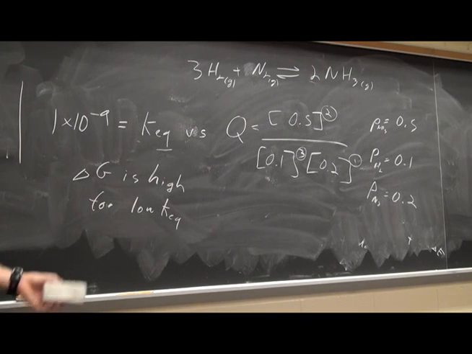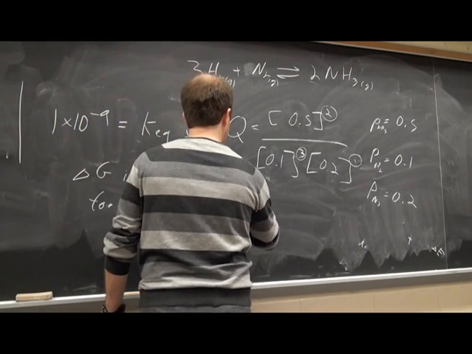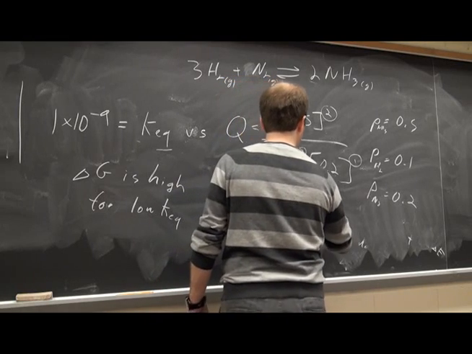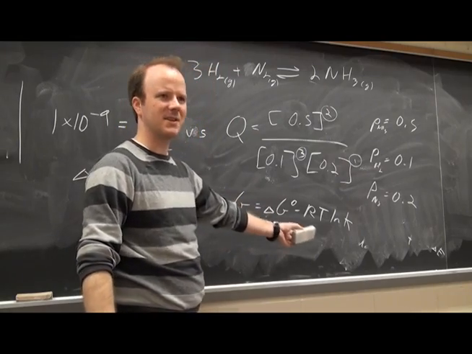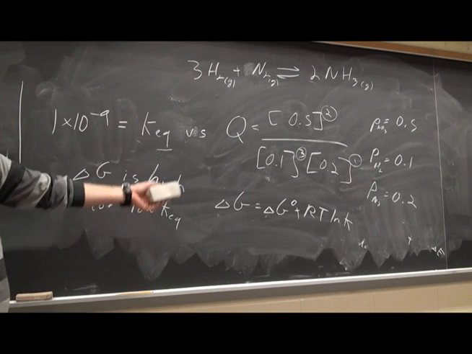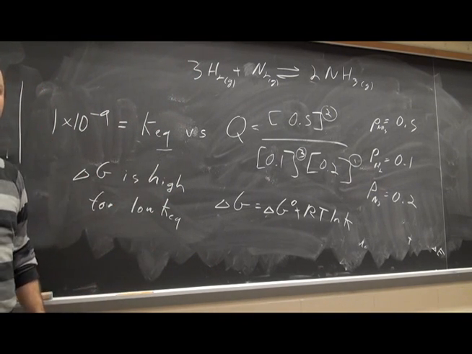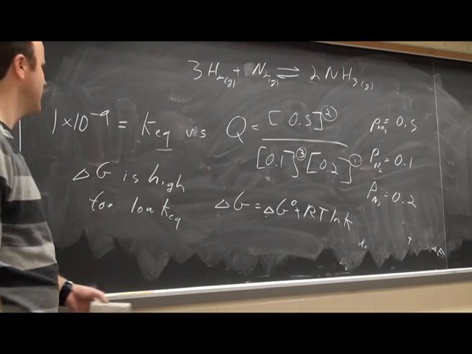Do we have a relationship that relates delta G and K? Delta G equals delta G 0 minus RT ln K? Is it minus or plus? I can't remember. So we can work it out from this mathematical relationship. That's what this tells us. Yeah? Where did the 1 times 10 to the negative 9 come from for the last problem? Oh, we just look it up in a table. Yeah. So if